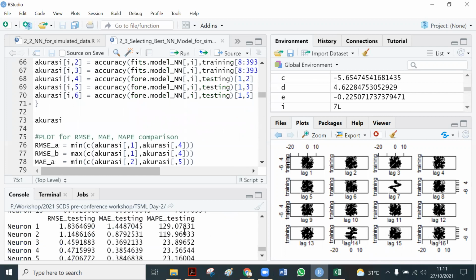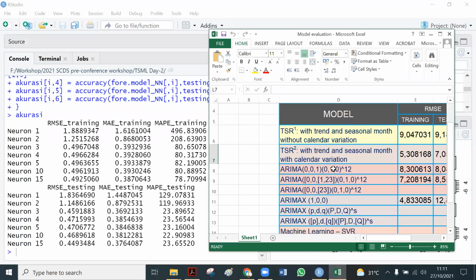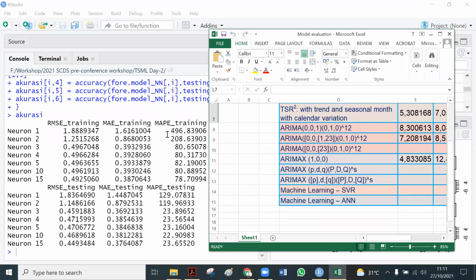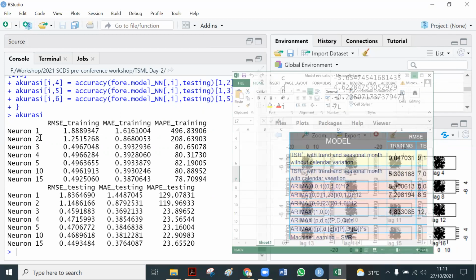So this is actually the value that I can write here. I'm sorry, this is the simulation study. This is the table. It is for the data we download from Google Trends. So we will do it later to complete this table. Now it is still for simulation data.